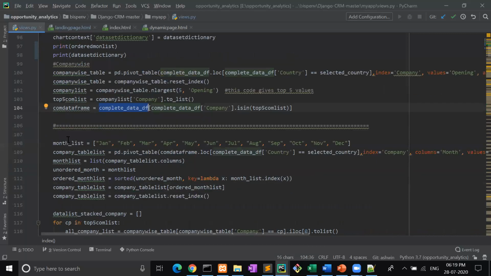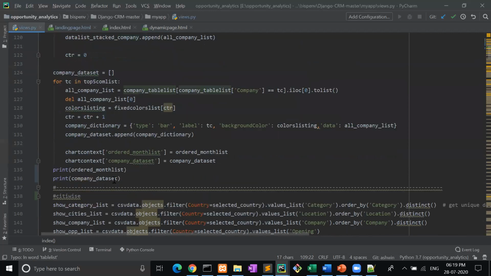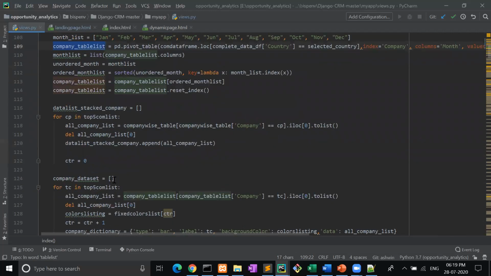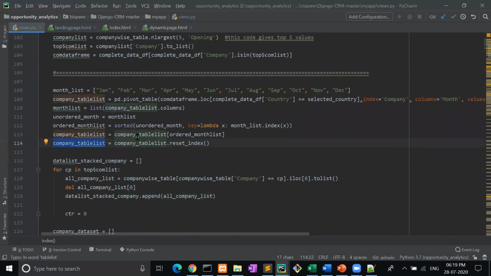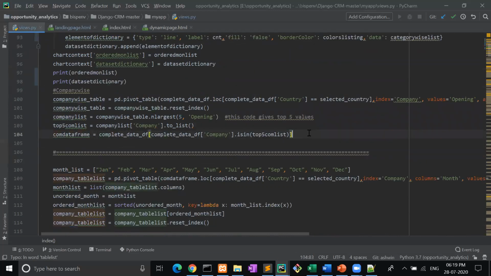Then again the same thing, month list equal to January to December. Company table list here. Yes, company table list. Now up to this level it is not indexed, it is not arranged in a serial manner. Now we have to arrange them into the month sequence.